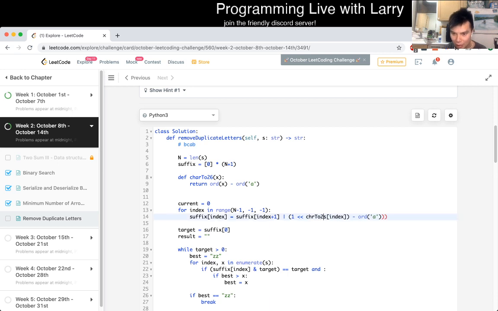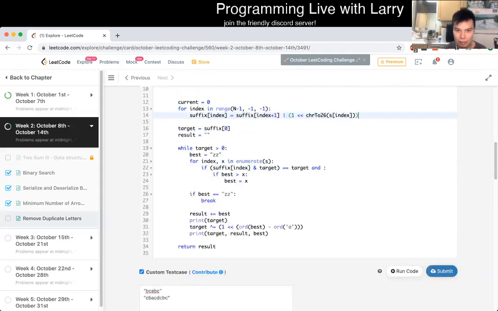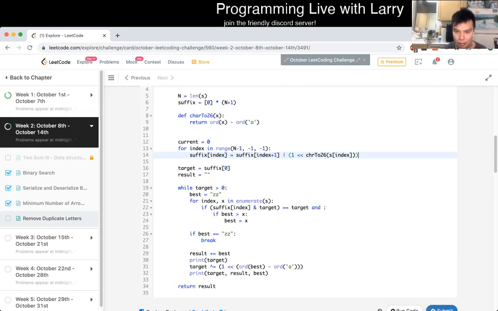Also shorter to type. And basically we want this character to not be in target, right? So I probably could have done this with just sets. I don't think I need bit set for this, but